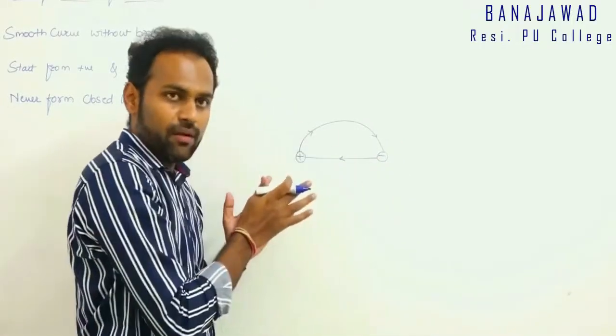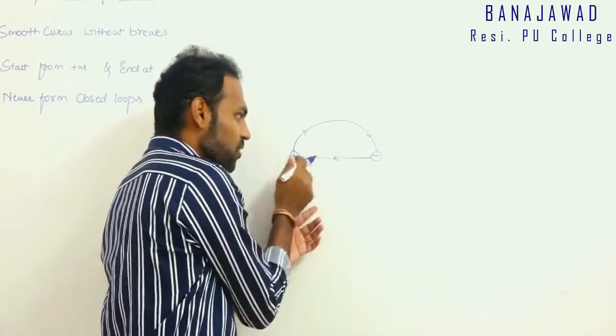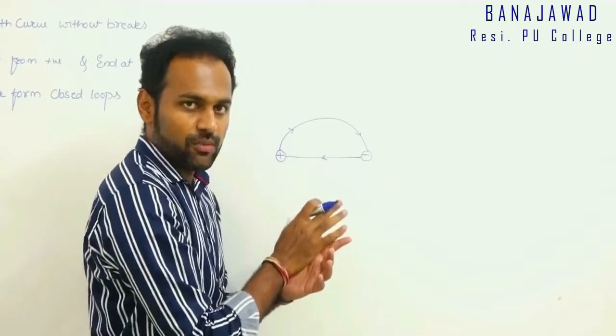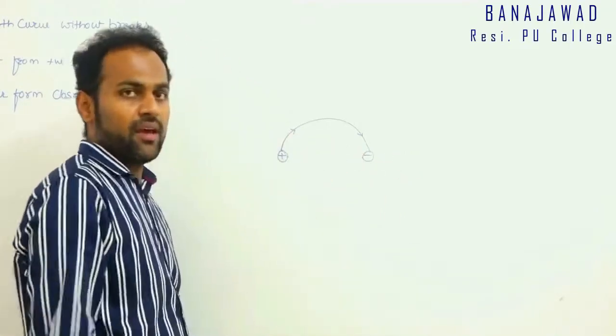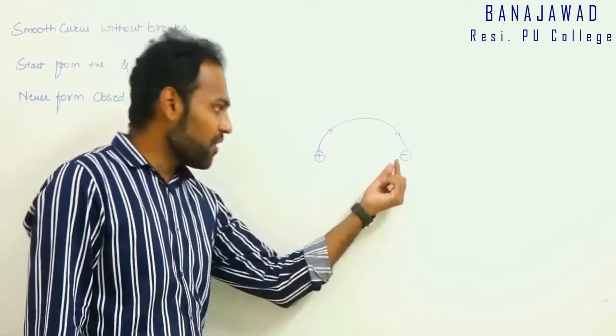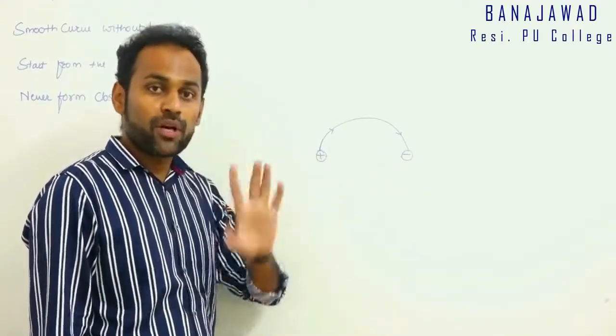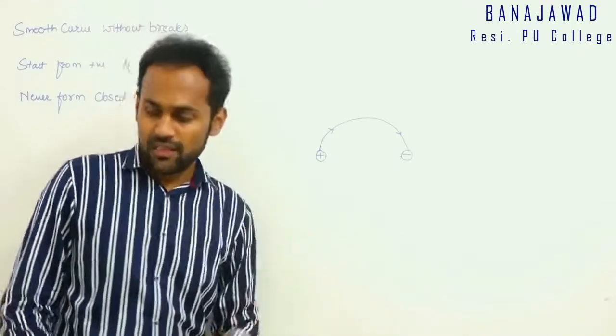But it will not happen because here the rule will go wrong. Here it shows that it is coming towards positive and it is going away from negative. It is not possible. Field lines only go away from positive and come towards the negative. So it starts at positive and ends at negative. It will not come back from negative to positive to form a closed loop. That's why the electric field lines will never form a closed loop. This is the third property.